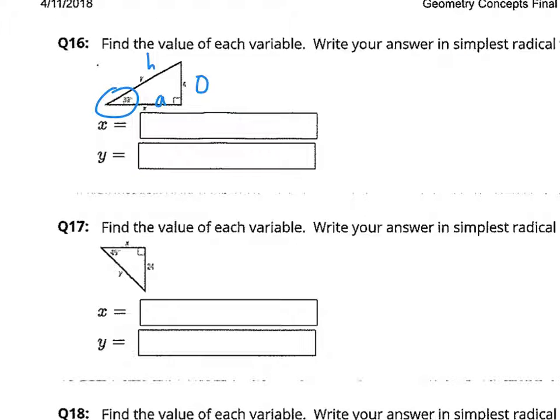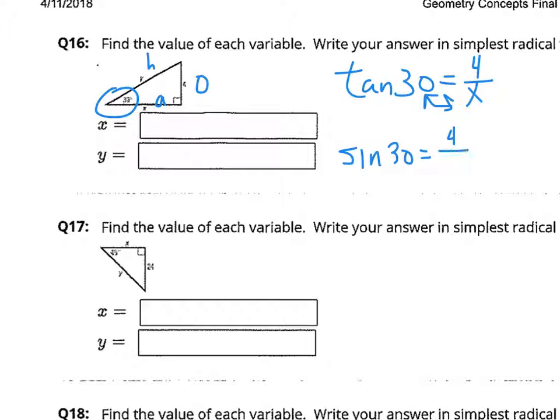Let's rewrite that, my fault. Got to use tangent of 30 equals opposite, which is 4 over x. Remember, when the x is on the bottom, just flip-flop those two around, so it's going to be 4 divided by tangent of 30. Now to get your y, we can use sine of 30 because it's opposite 4 over